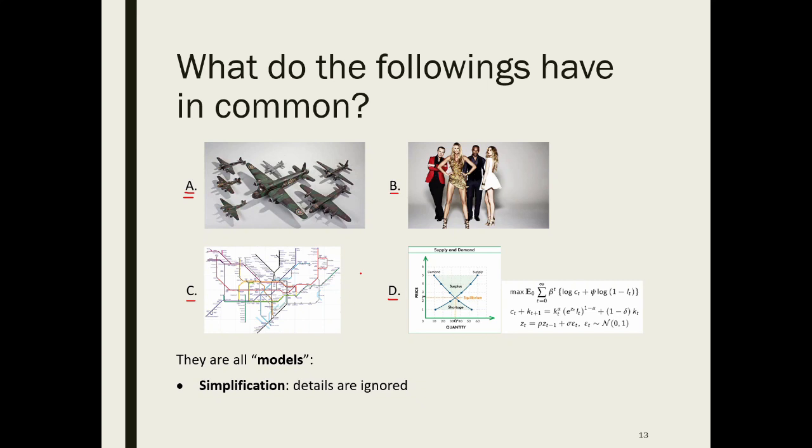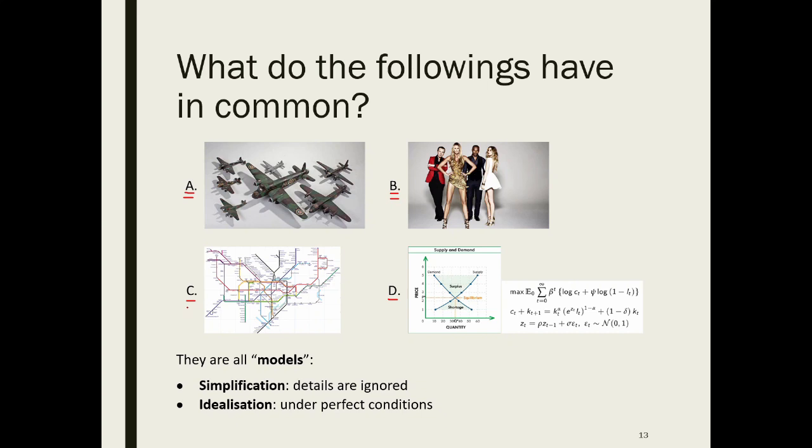The second feature of models is that they are more or less idealized. Take figure B, for example. You would never expect to look the same as the models in those fashion products, would you? Just like in economic models, we may assume people are rational, but in reality people are not. In fact, people are stupid sometimes, just like the petrol maniac lately. However, you cannot model stupidity because that is too random to describe. You can only model rationality and leave those unpredictability into the random error term of the model.